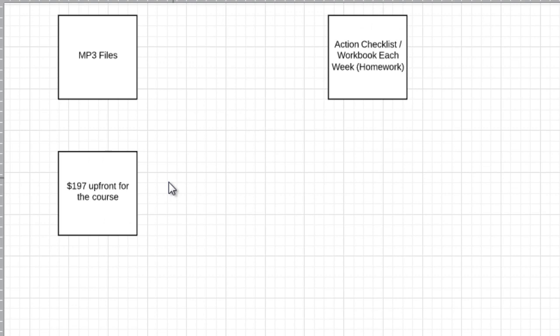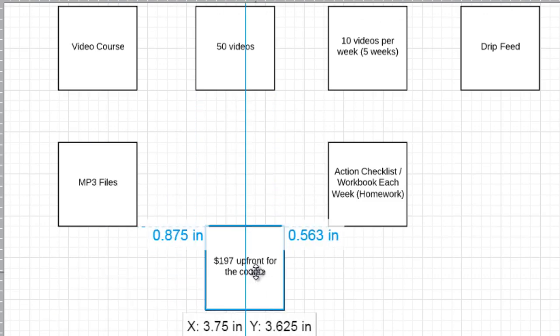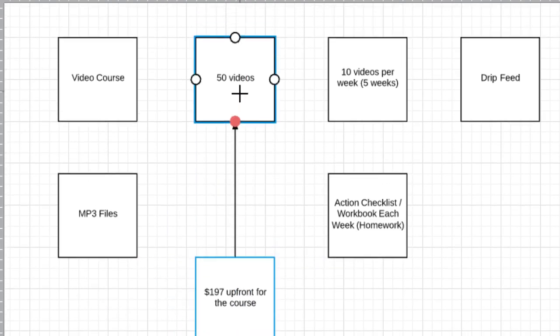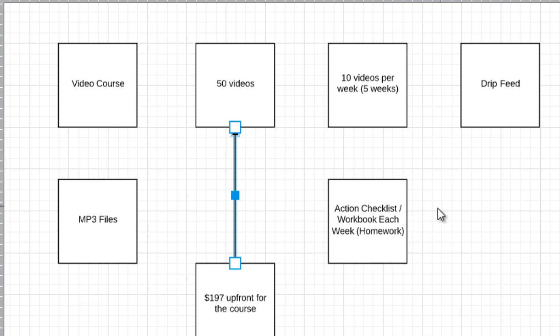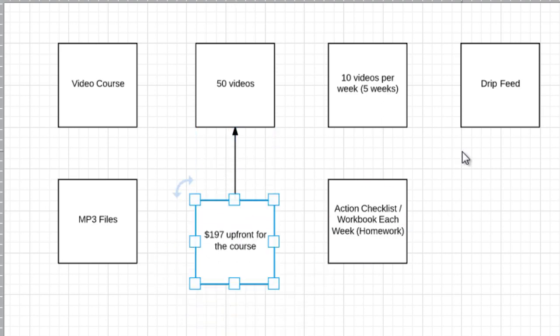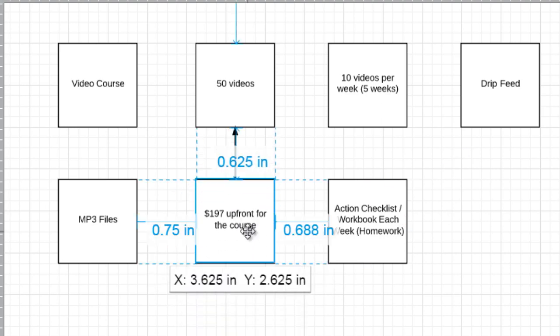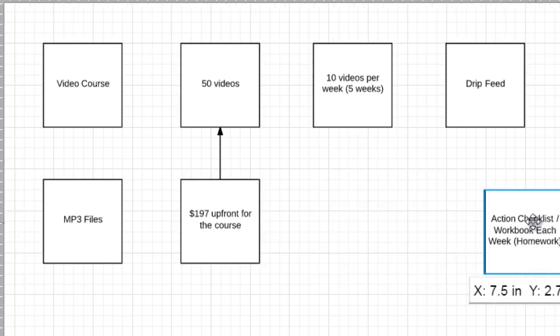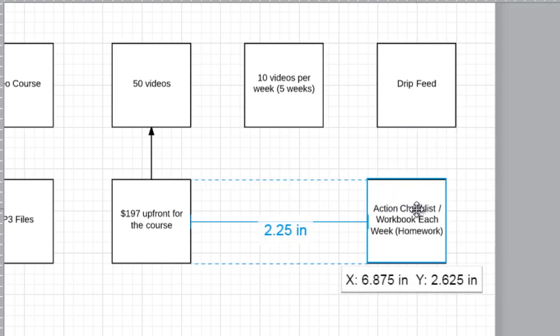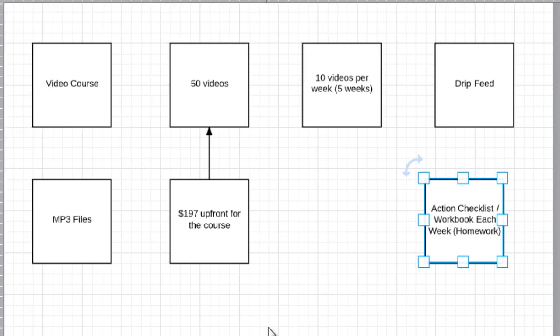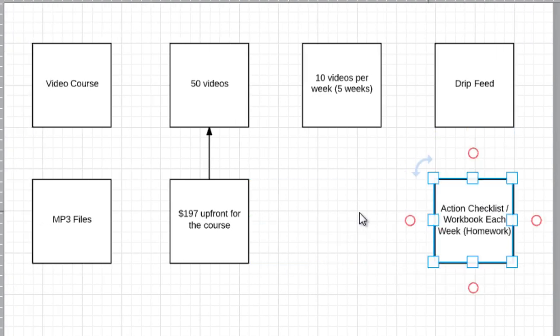And let's make sure that we put it to the right place. So this is going to be this one here. And let's say that I have a different one where, okay, after they pay for the course, maybe you can add some sort of community as an element of recurring, because at the end of the day, let me tell you a secret. People buy the information initially, but people stay for the community.